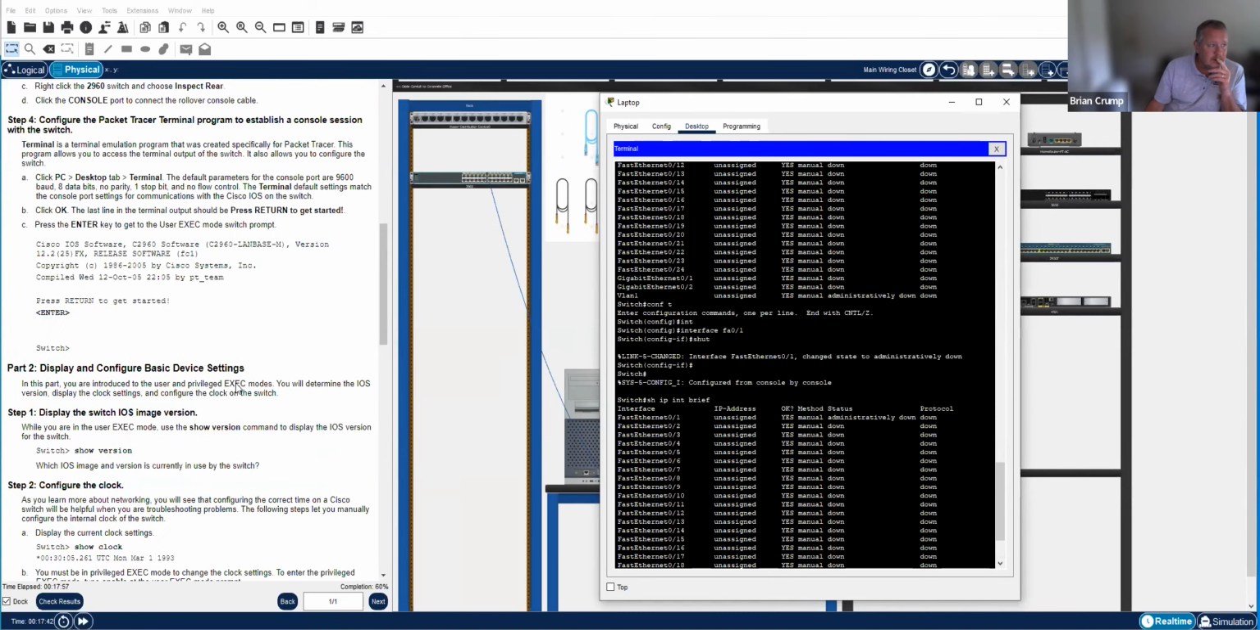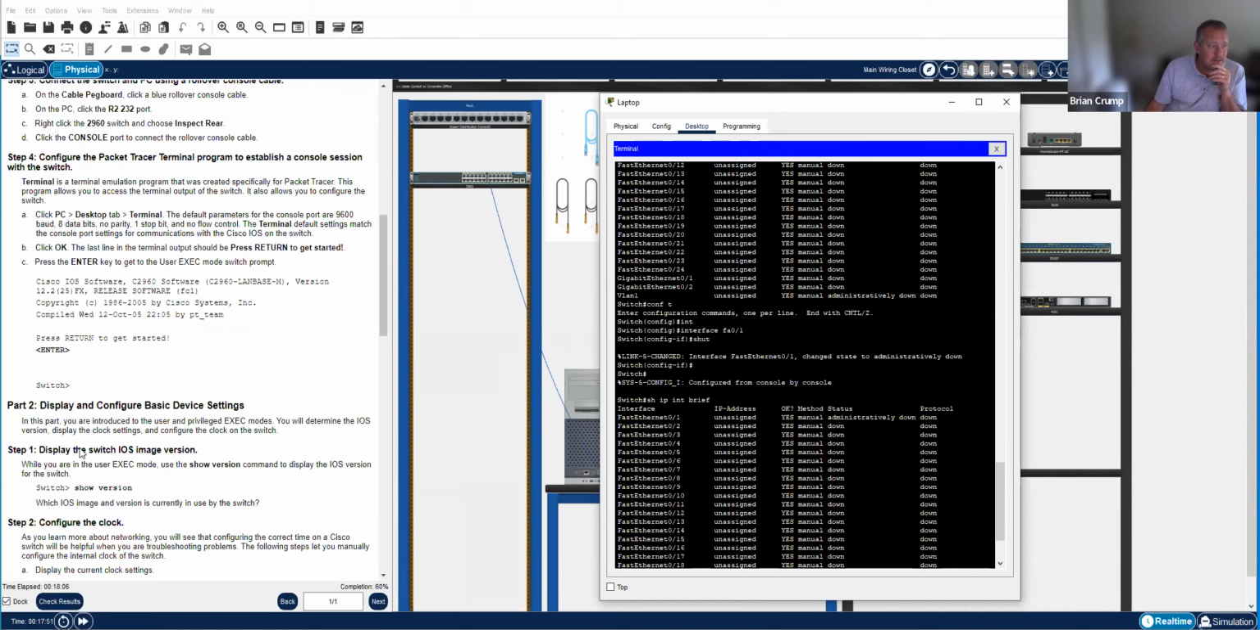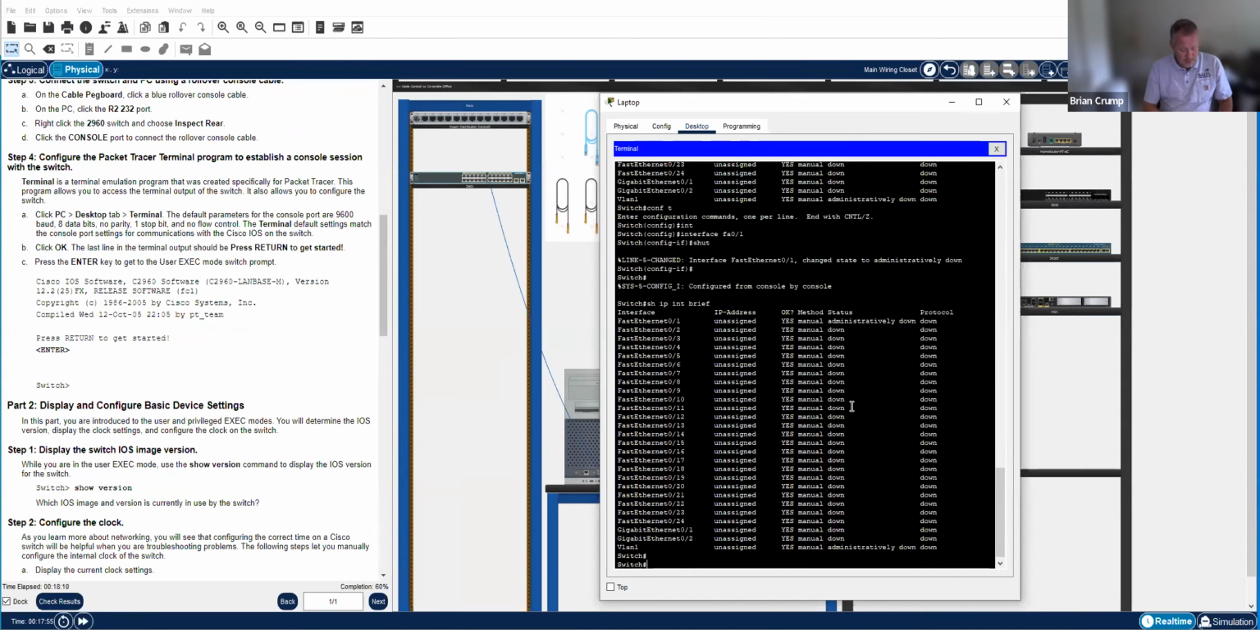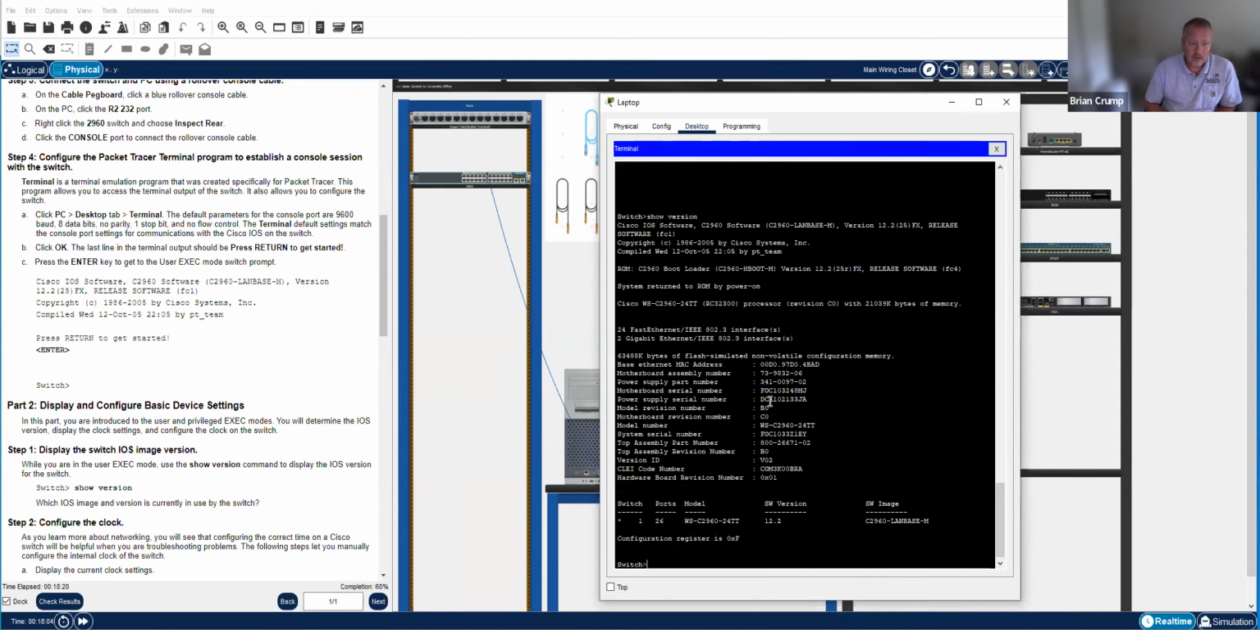All right, so this one I wanted you to look at the user executive mode and then go to the privileged exec mode. Let me do that. Let me go from exit and hit enter. This one asks you to show version. If you need to know what IOS you're running, so this is running